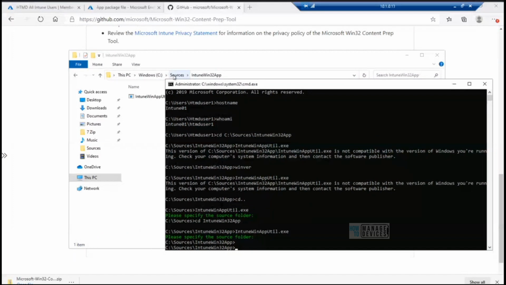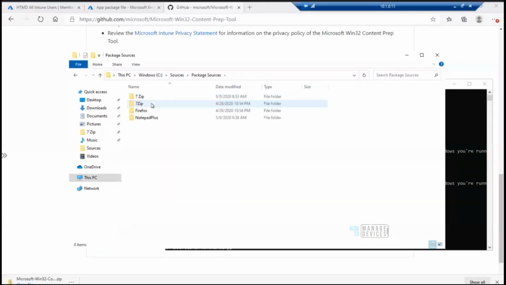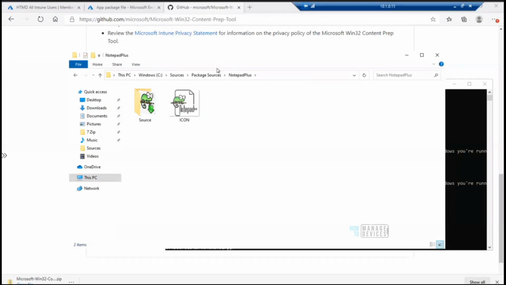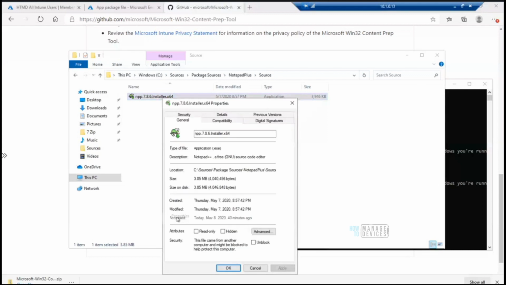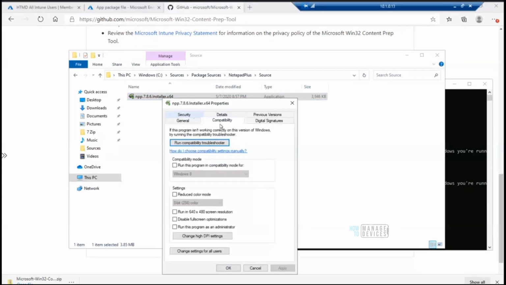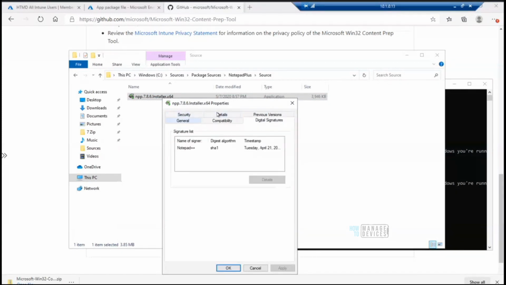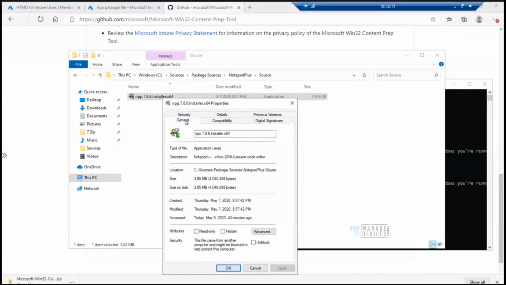What I'm going to show you today is Notepad++. This is the application which I am going to convert now. This is an exe application, as you know. Yeah, this is exe.